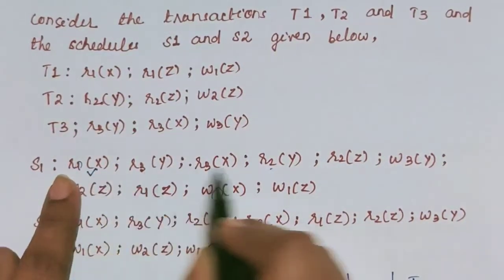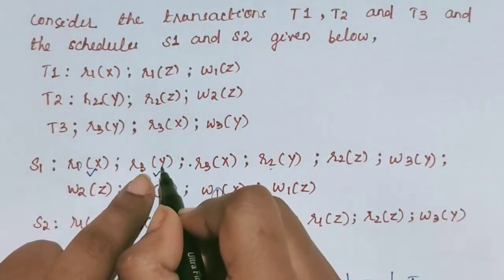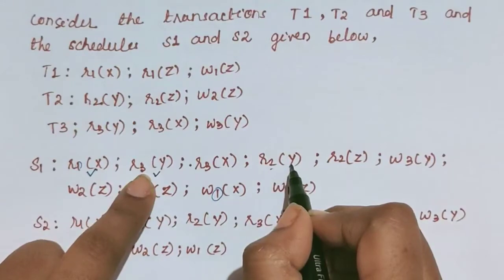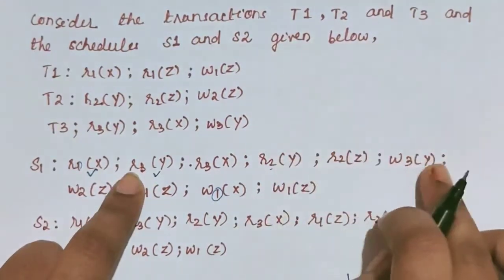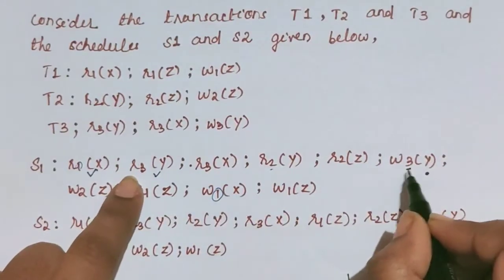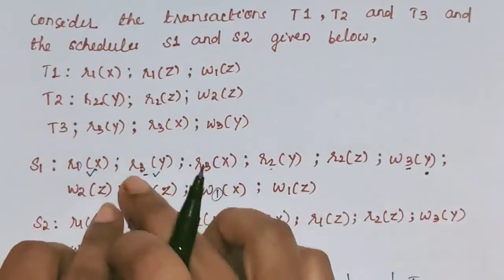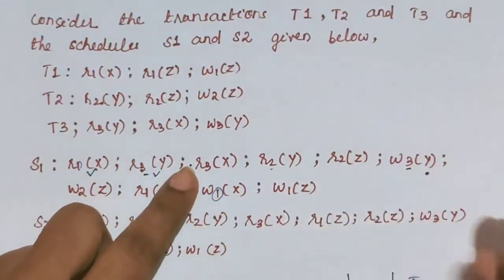So for r1 there is no conflict. Again check for r3 of y. Find y; here y is there, but this is a read, no conflict. Here y is there, but this is r3 and w3 of the same transaction, so this is not a conflict pair. Find y; there is no conflict in r3 of y, here there is no y present.